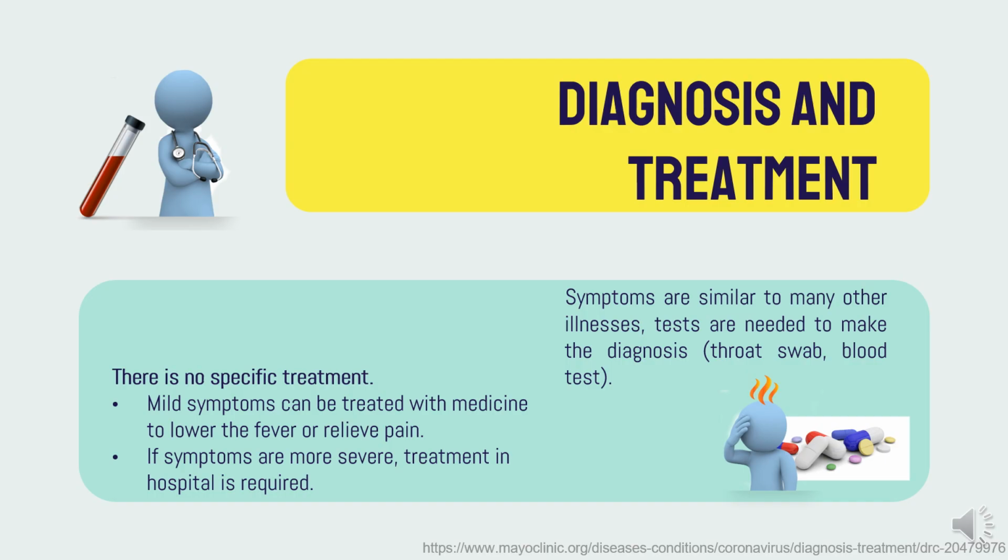Your doctor will determine whether to conduct tests for COVID-19 based on your signs and symptoms, as well as whether you have had close contact with someone diagnosed with COVID-19 or traveled to or lived in any areas with ongoing community spread of COVID-19 in the past 14 days. Your doctor may also consider testing if you're at a higher risk of serious illness. To test for COVID-19, a healthcare provider uses a long swab to take a sample from the nose or throat, and the samples are then sent to a lab for testing. Another way is by a blood test.